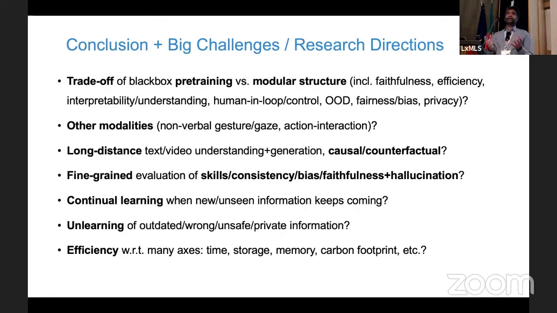So continual learning and unlearning, right? One of the biggest problems right now is we cannot keep training these models again, right? When new information comes in or old information gets outdated. And it's not just about outdated information. Many times that information is toxic or private, or unsafe. So there's a lot of interest and initial work now on something called model editing. How can we keep continually updating the model?